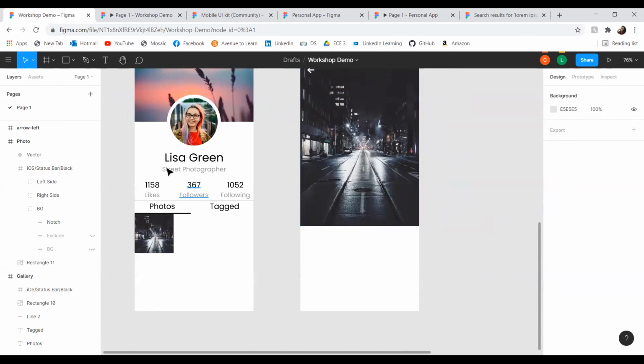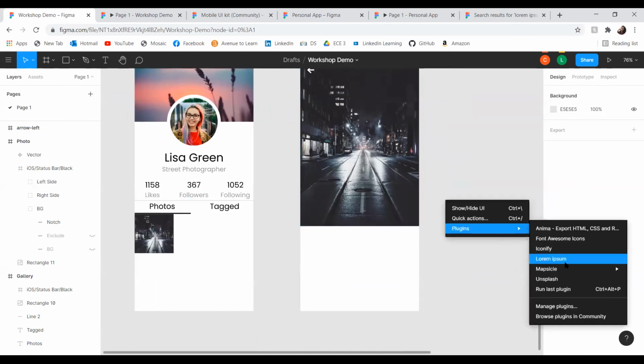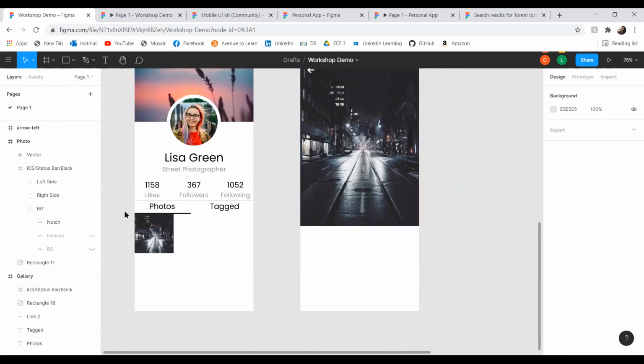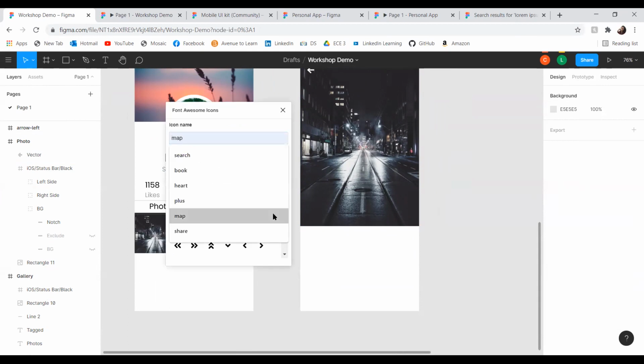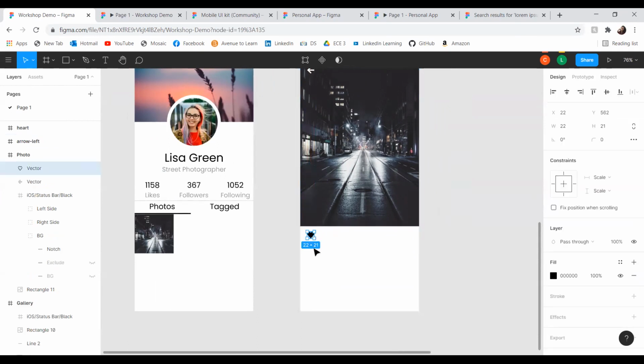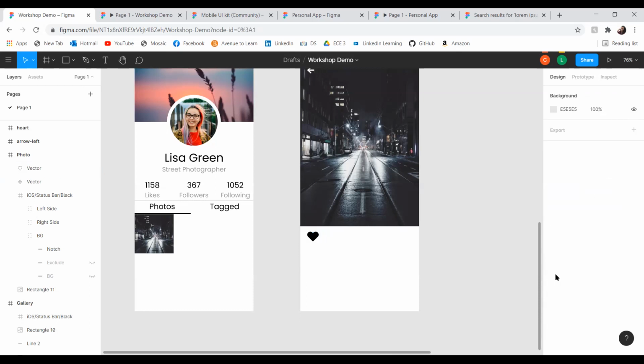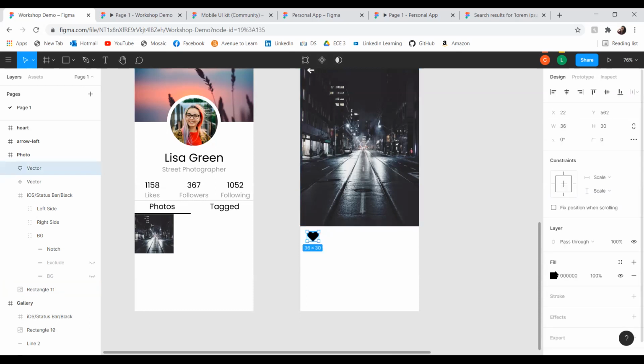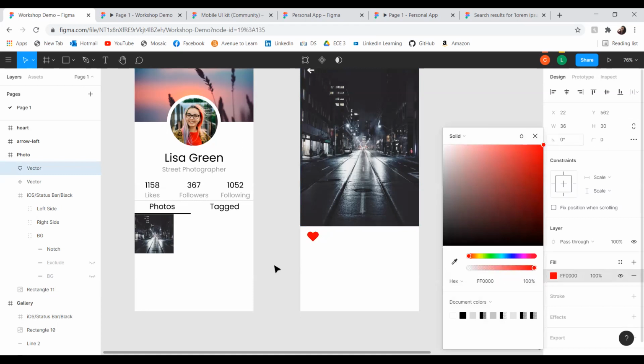And the next would be just to kind of implement more of these icons. So typical Instagram style, you'd have like the heart. You could play around with. We could increase this a bit, like so. Change this to, let's say, a nicer color red, like that. And we can align that,